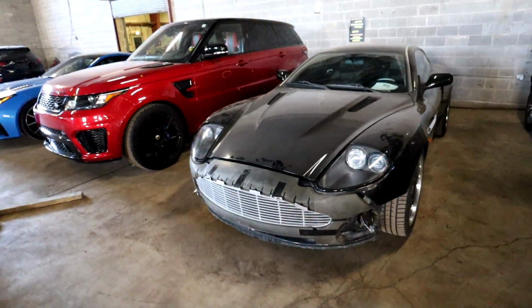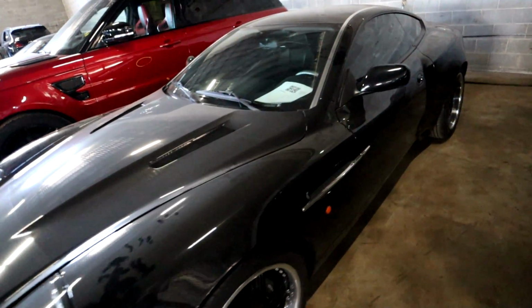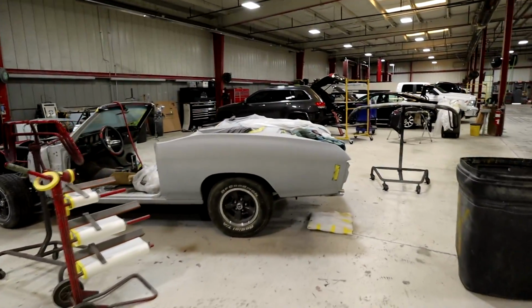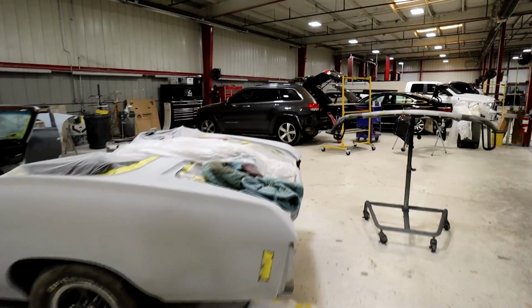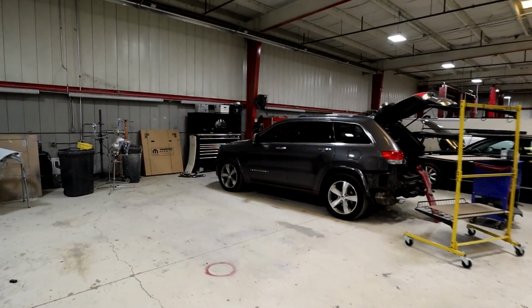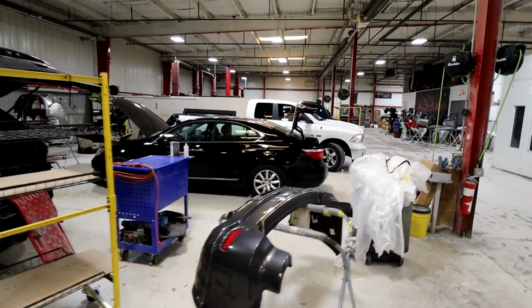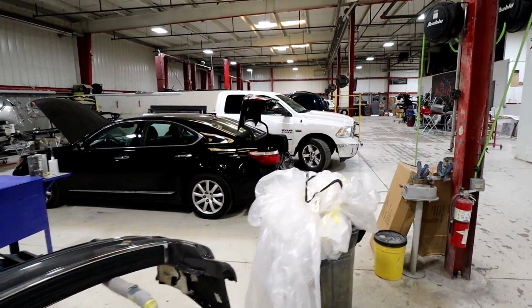I want to give a huge thanks to Mancuso Auto Art for not only taking on this project, but also for letting me go around and film some of the other cars that they're working on. I mean, they really work on everything, guys. Right behind me is a Lexus. Right next to it is an old classic with a handful of body panels off. It looks like a Chevrolet. Then there's a Jeep Grand Cherokee. There's a Dodge Ram. And behind that wall, there's an exotic car so special, I'm just not allowed to tell you what it is. They really do work on a wide range of cars here,